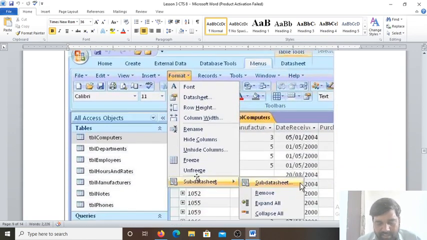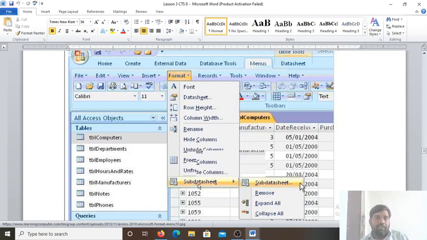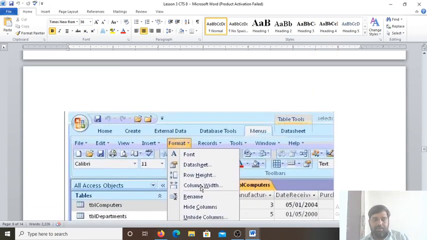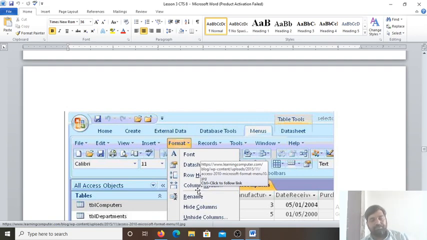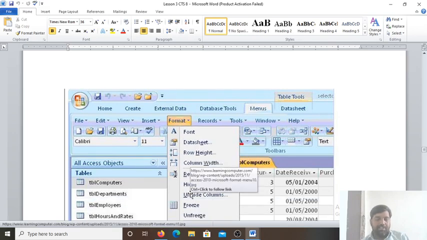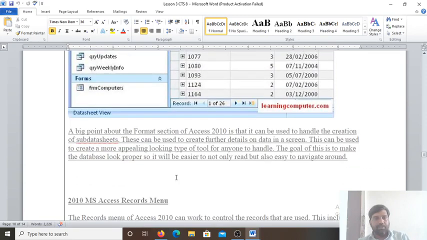Next, what is Microsoft Access? Microsoft Access is a popular and powerful relational database management system, and it serves as an integral part of the Microsoft Office suite of applications. So Microsoft Access is an RDBMS, meaning relational database management system, in which we can establish the relationship between more than one table. It is used to organize and manipulate the data. Access organizes the data in the form of tables, meaning all the information is stored in the form of tables in rows and columns. It provides the facility to create relationships between tables using common fields.